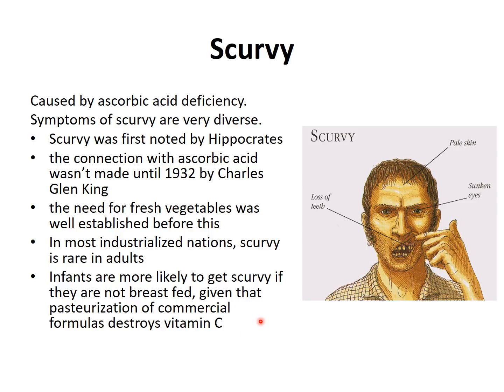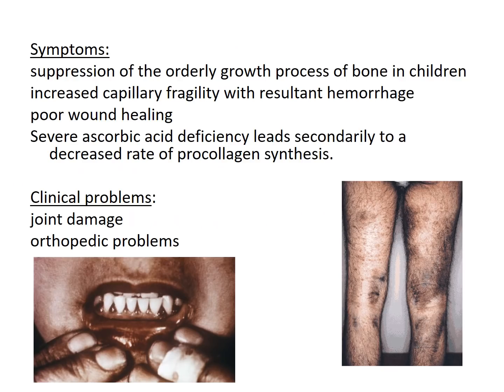Now, infants might be prone to vitamin C deficiency and scurvy, which actually can lead to more problems than it can lead to in adults. If they are not breastfed and they live on boiled or pasteurized formulas, then vitamin C is degraded through heat treating of the milk, and it can result in scurvy. Now, why is it bad? Because if